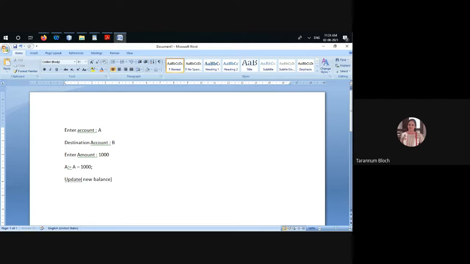And it will select or read the account B existing balance, add the 1,000 rupees to it, and finally update account B. Up till now it is clear. Fine. This is what we have to do.